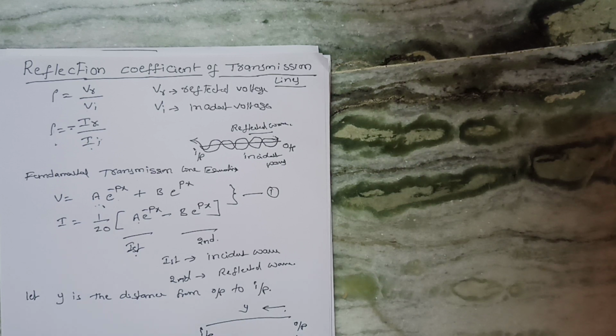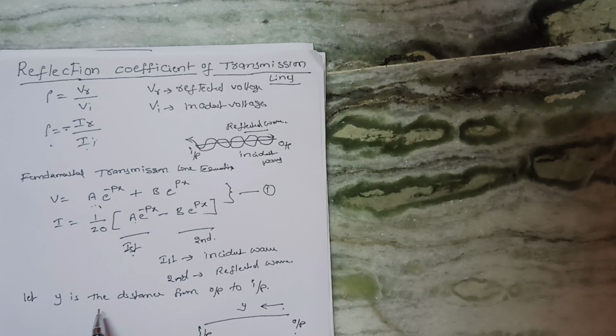The distance is the same but the directions are opposite, so x is equal to minus y. Substituting x is equal to minus y in equation 1, we get